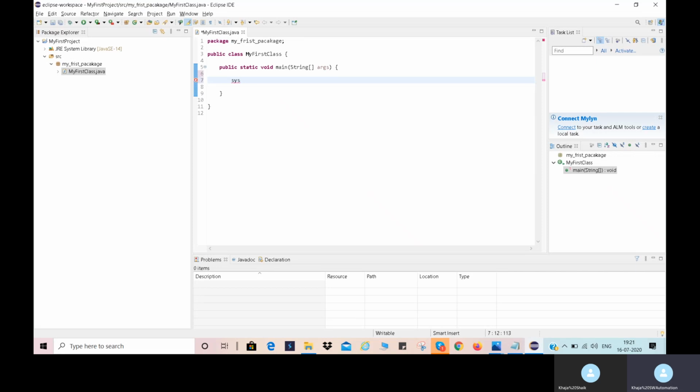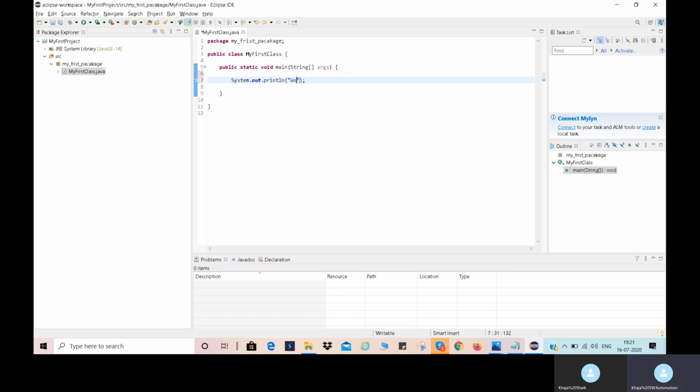Here we use a shortcut: type SYSO, Ctrl Space. No need to type the complete System.out.println. I am showing one more time. Just press SYSO, Ctrl Space, and it will complete automatically.